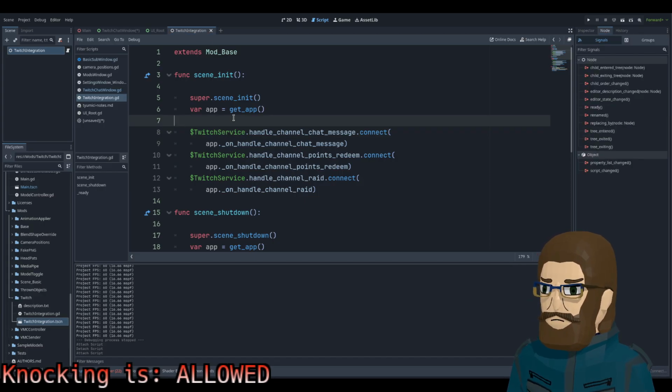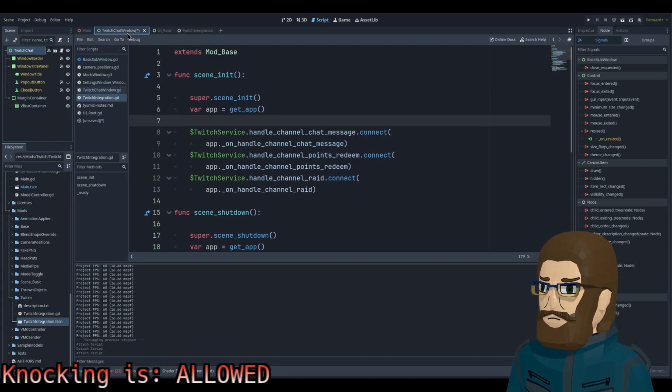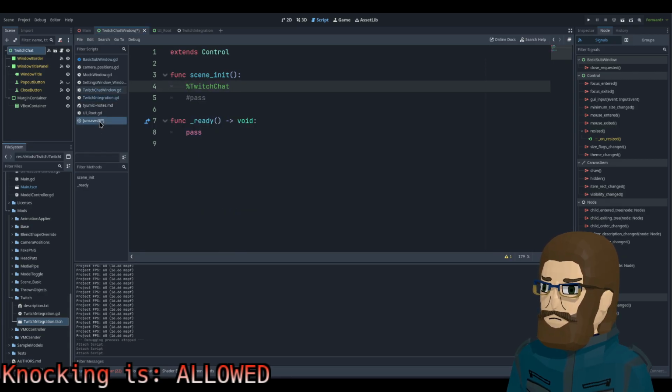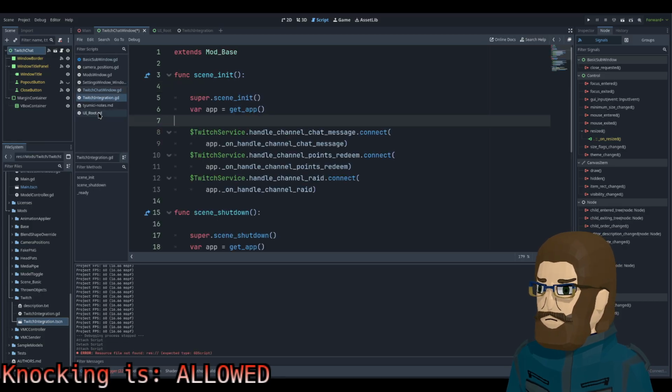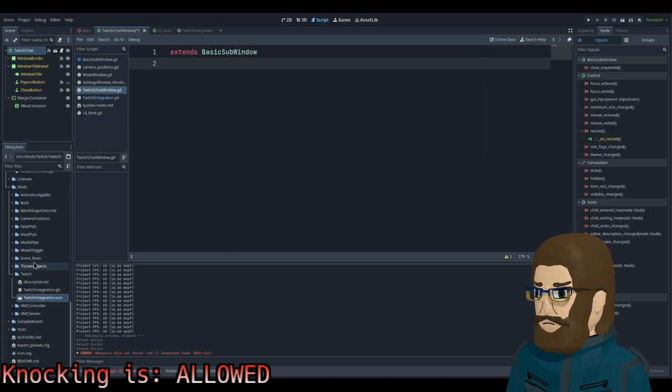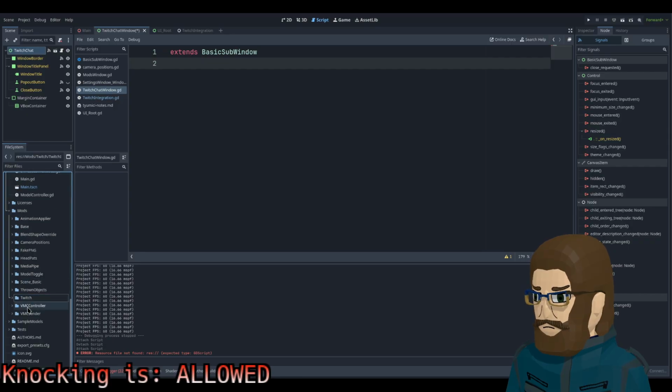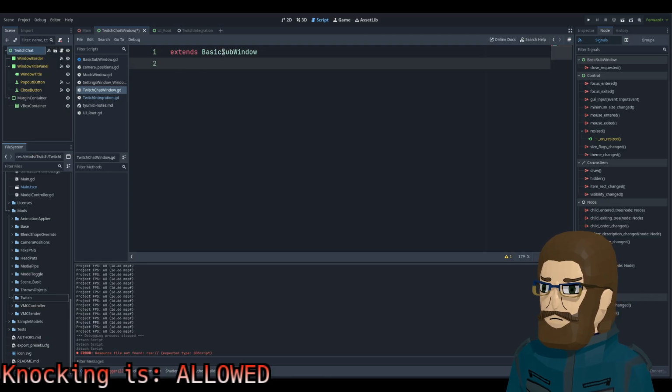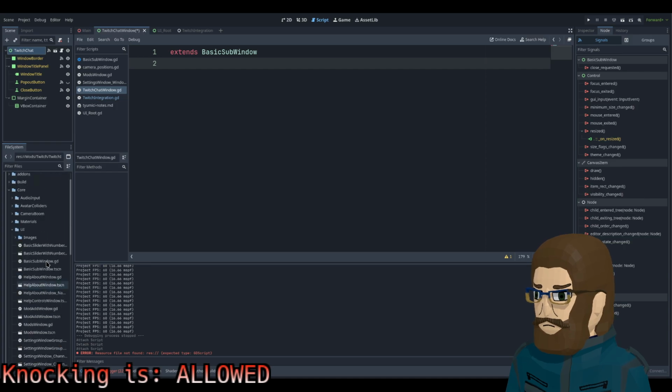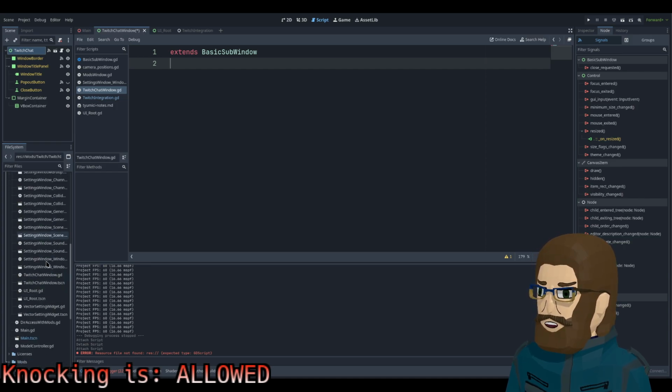Yeah. So you're extending the basic sub window. I want data from elsewhere.